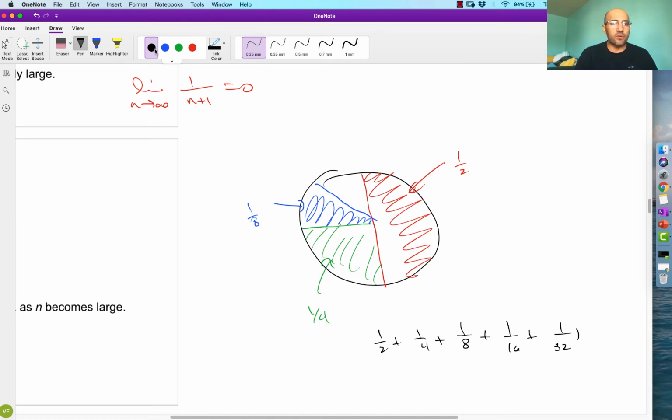And we're going to get to sums in a little bit. So if I decide to add all of these things together, eventually they're going to add up to 1 because there's only one pie. If I stop at any one point, then I haven't eaten all of it yet, so I can get infinitely close to eating all of it. I can get really, really close, depending on how many days go by.